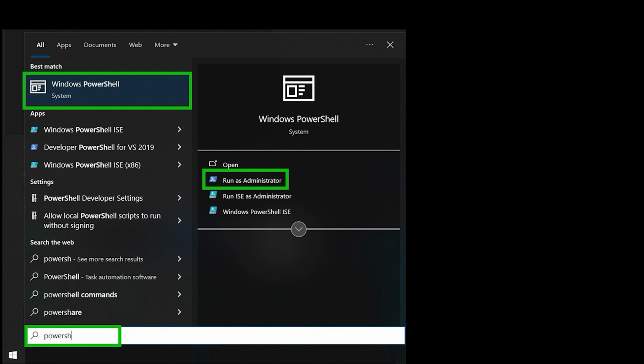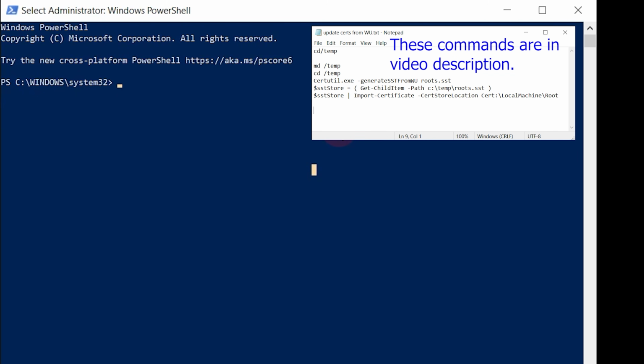A word of caution here. Even though this is a simple process that I've done many times without issue, there's always a risk. It's always a good idea to make sure data is backed up first. A safer way would be to run Windows Update and let it do this for you, but that is not always an option. The first thing we're going to do here with PowerShell open is to type